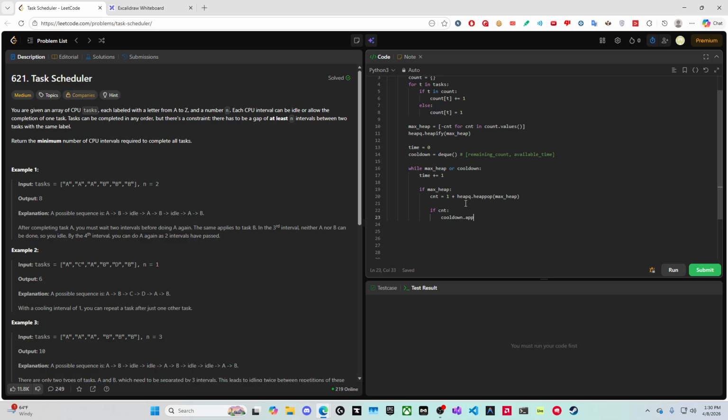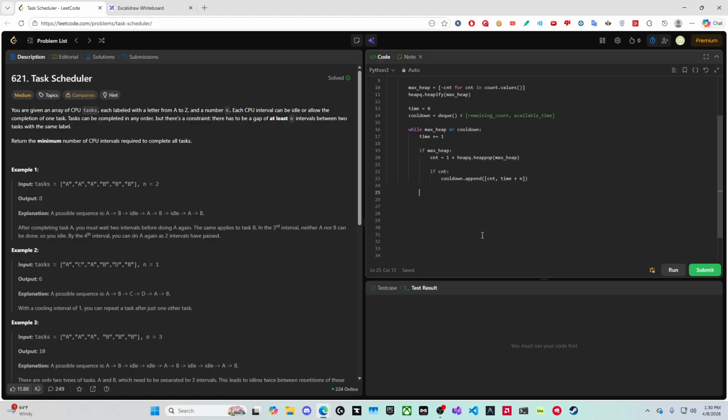So we're going to say cooldown.append, and then we're going to say count. Remember, it's a pair value. The first value in the pair is just the remaining count, and the second value in the pair is just the available time. At what time does the task become available again? After we handle whatever we need to handle in our max heap,